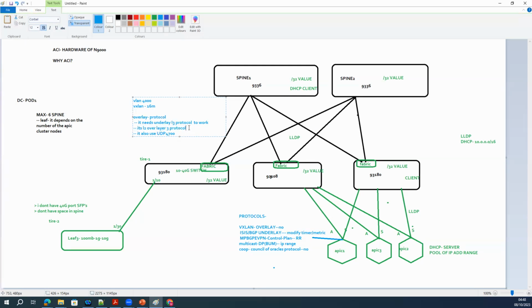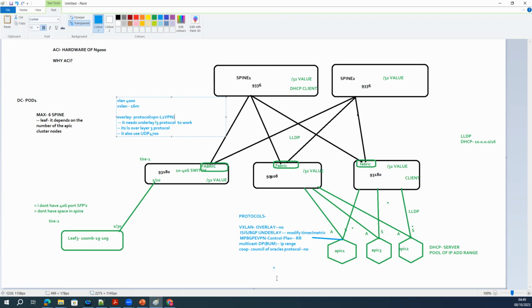Why routing? Because it's the overlay protocol, not the underlay. Overlay means tunnel technology, VPN technology. Which VPN? L2 VPN technology. So VXLAN is an L2 VPN technology.